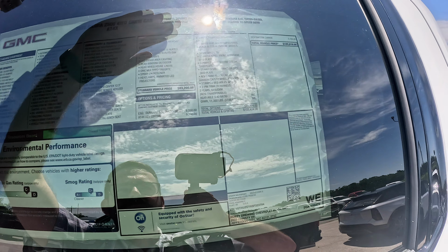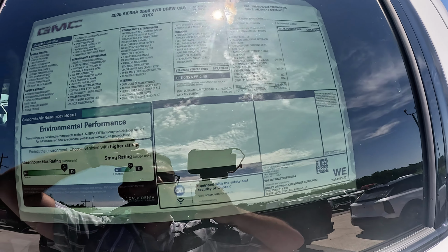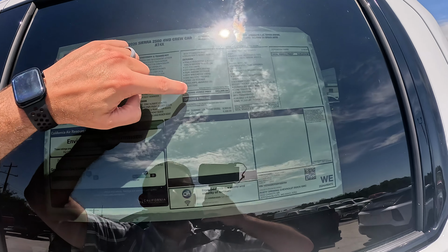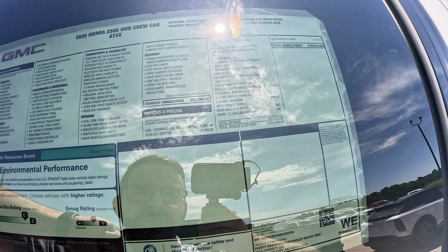2500 crew cab AT4X in the Summit white exterior. It has the Obsidian Rush interior, pretty standard on the GMCs. So base price $83,200. 6.6 liter turbo diesel adds